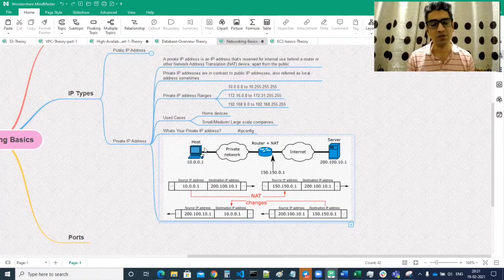So now when you want to access any internet site, the request is made by your host 10.0.0.1. Now it has a private IP address. So when you Google, or when you open any website, it should have a public IP address. Now, to fetch the page, your request would go to your router, and your router would take this request